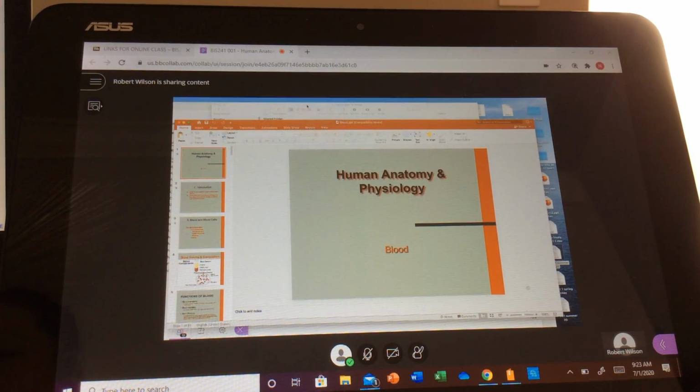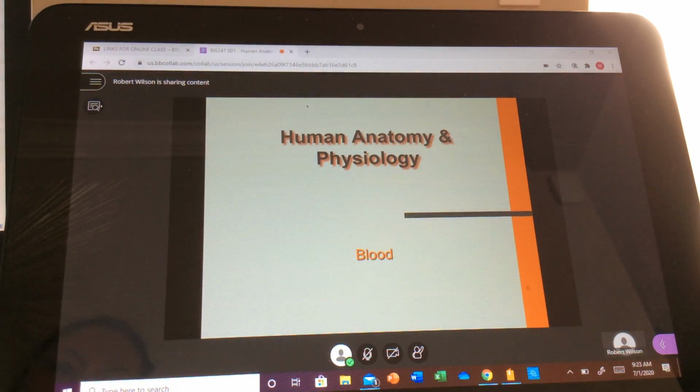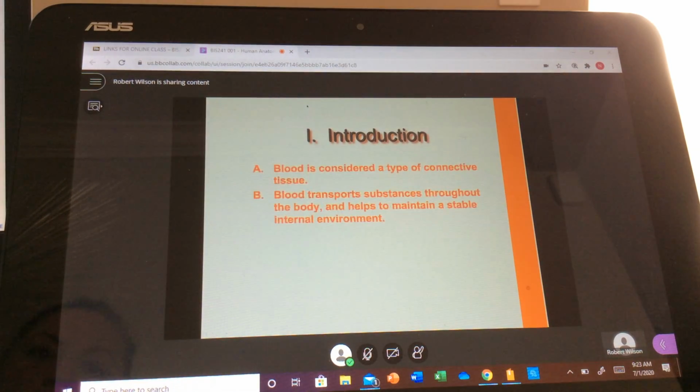All right. So from here, I'm talking about the blood. Blood is a connective tissue. And you remember your four basic types of tissues: epithelial tissue, connective tissue, muscle tissue, and nervous tissue. So this is one type of tissue. And it has a bunch of different functions. And those functions being,